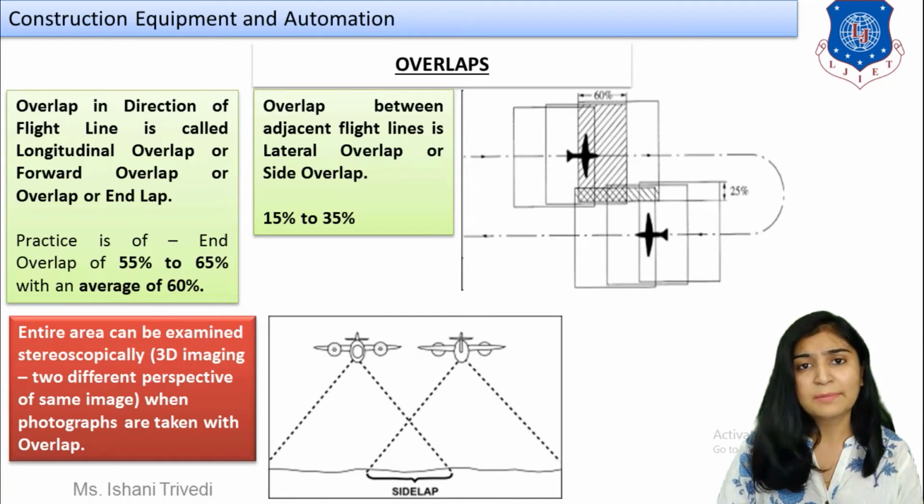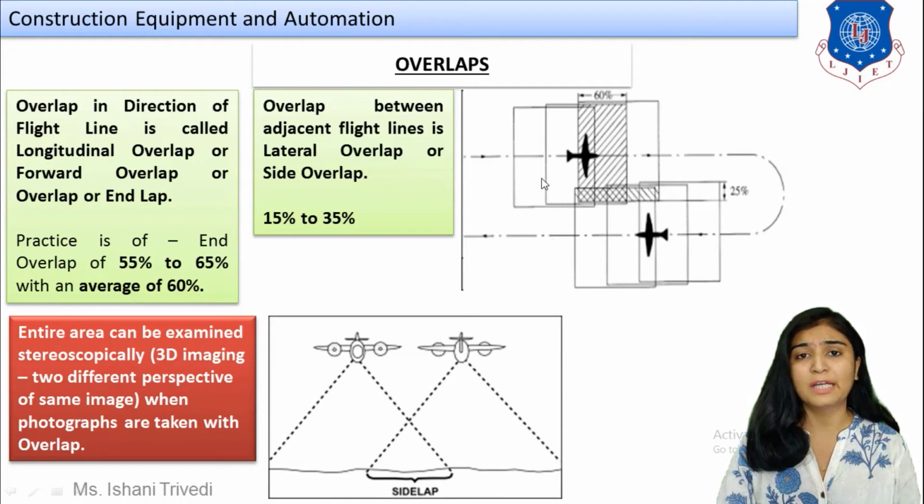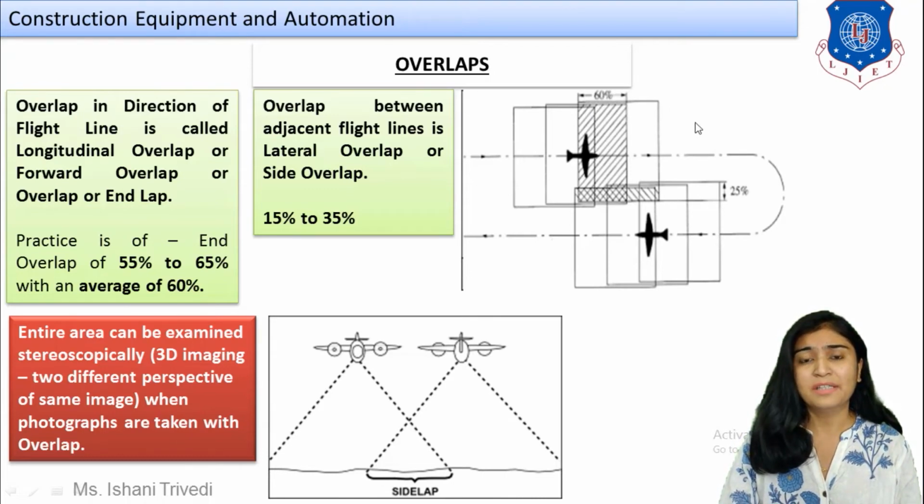And sometimes overlapping photographs can also be rejected without affecting the accuracy, because you have taken them in such a way that you have details of the same particular thing twice in two different perspectives. So here we can see that the overlap is occurring. Here the flight is moving in a single direction and the overlap is almost up to 60%. The amount of area which gets repeated in two photographs will be your percentage of overlap. And when it is coming back, this will be the example of the side lap, which you can see is almost 25%. So this is how your overlapping is done.